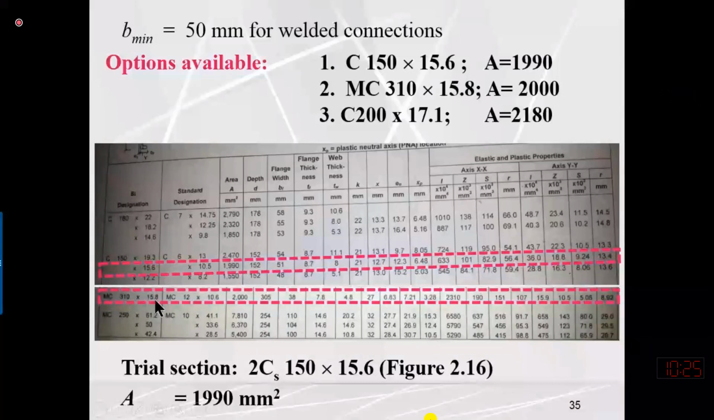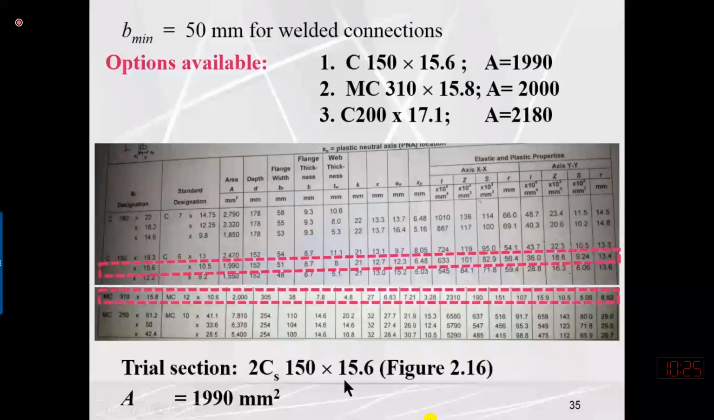First I will try this option and apply the capacity check. If the capacity check fails, then the second option will be this one. If the capacity check on this section also fails, then the third option will be this one. So the first option will always be the lightest one. My first trial section, the first option that I will try for the capacity, will be 2Cs 150